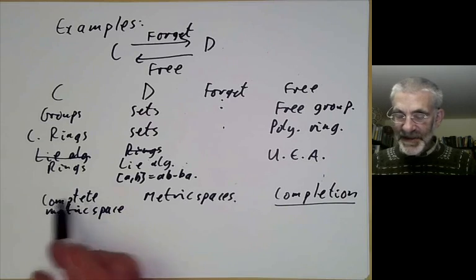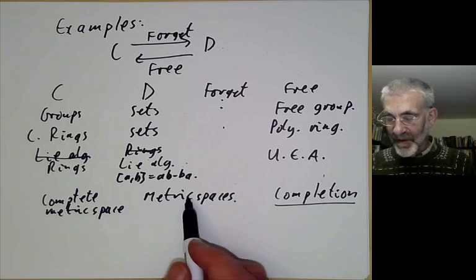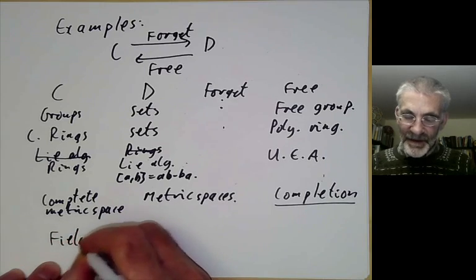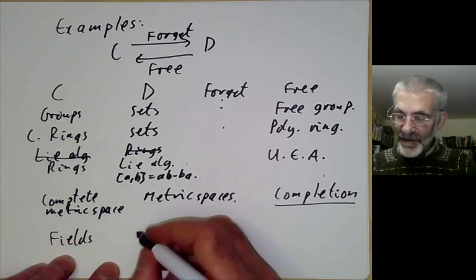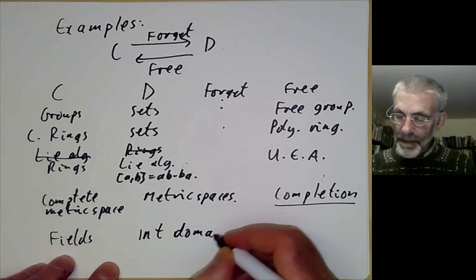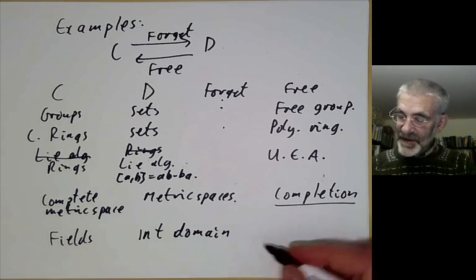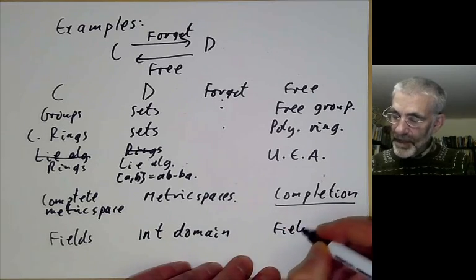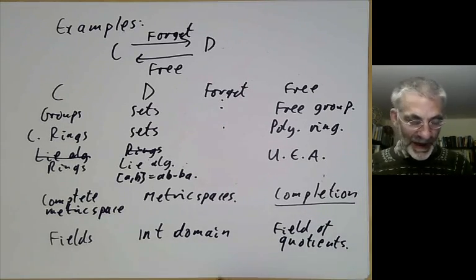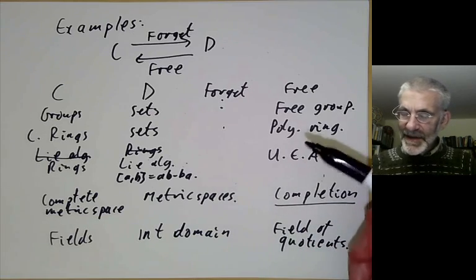It just takes a metric space to a complete metric space. Here this is a special case of adjoint functors where the category here is actually a subcategory of the category there. A final example, if you take fields, then you can forget that it's a field and just take this to an integral domain, and the corresponding left adjoint functor to this is just the field of quotients